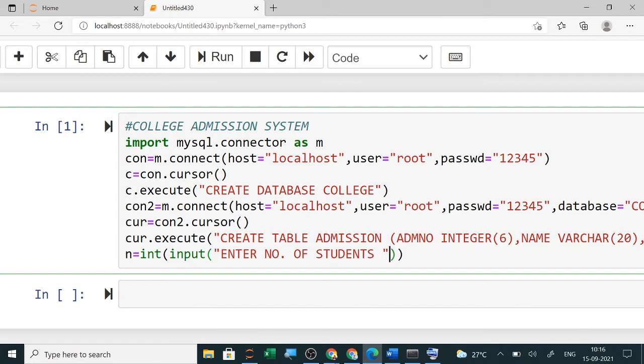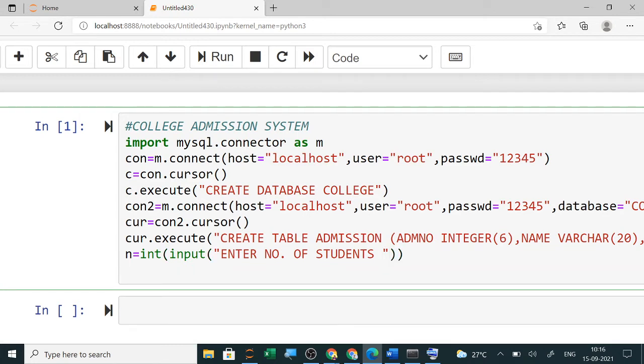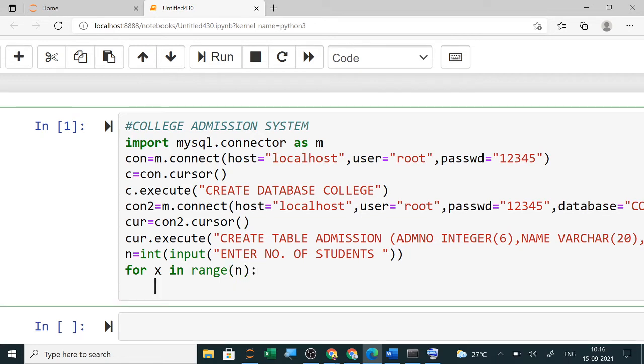Okay. How many students are there? That many times insert into. So now I will use a for loop. For x in range, in bracket I will give n. So n times this loop will be executed, and n times my insert query will be executed.